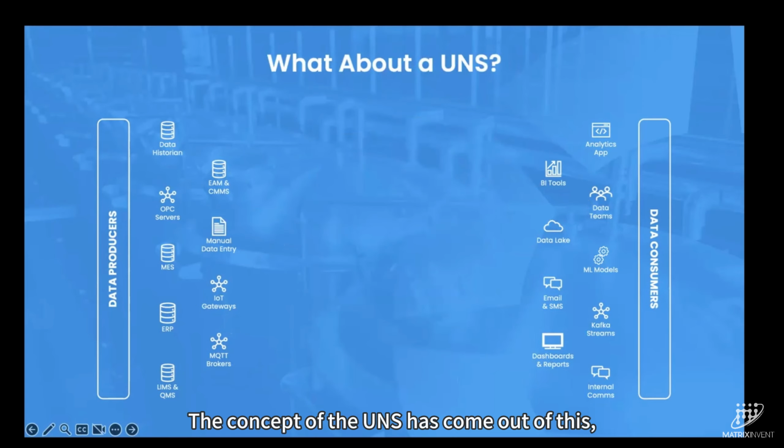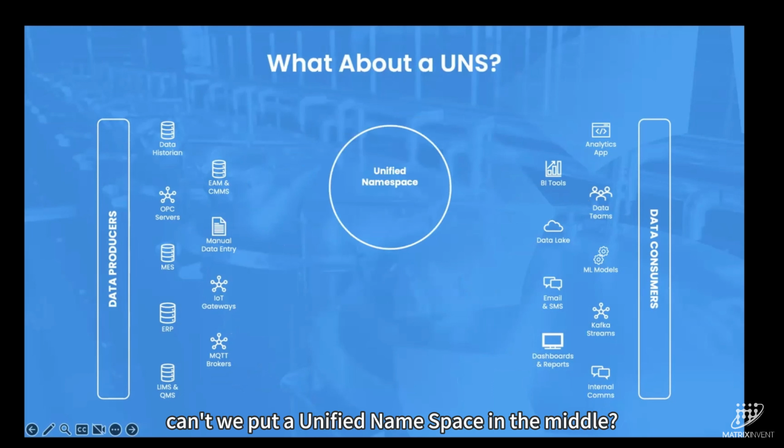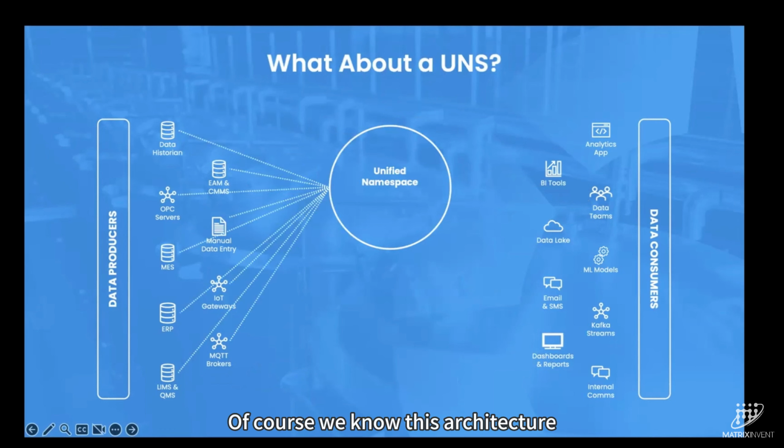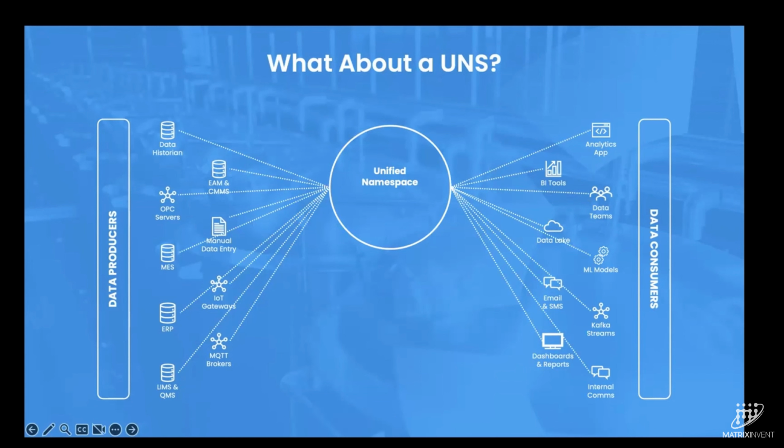The concept of the UNS has come out of this. Instead of spreading work across multiple applications, can't we put a unified namespace in the middle? Of course, we know this architecture. It's that hub-spoke model where we connect our producers and our consumers, or our subscribers and our publishers, to one